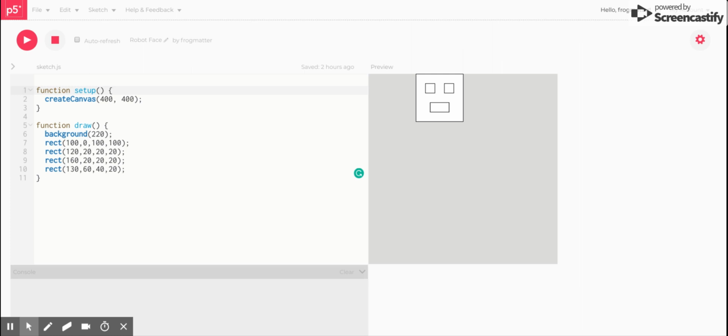Okay, in this video, I'm going to show you how we take our simple program here that draws a face, and we're going to turn it into a function that we can use to make multiple faces that are a little bit different from each other. So the first thing that we need to do is make a function. So I'm going to do that here. I'm going to call it makeRobot,